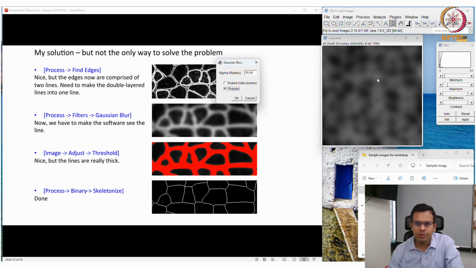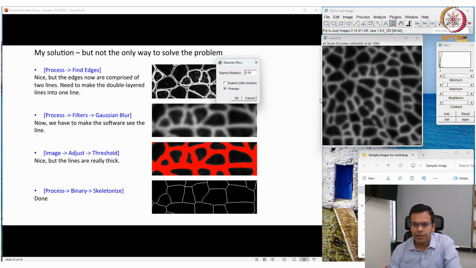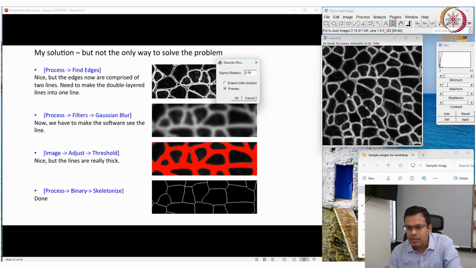So this is too much, we don't want it like this, so I will reduce the blurring to 5, or maybe let me go a little lower. Now still I can see two lines, right? So the idea here is I don't want to see these two lines, I want to combine them into one line. So I'll blur it so that I cannot see two lines.